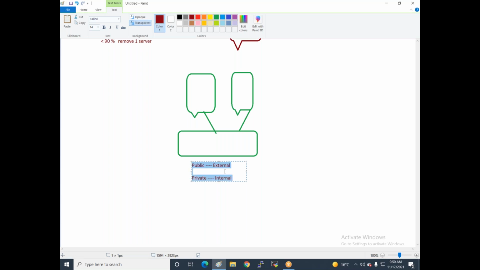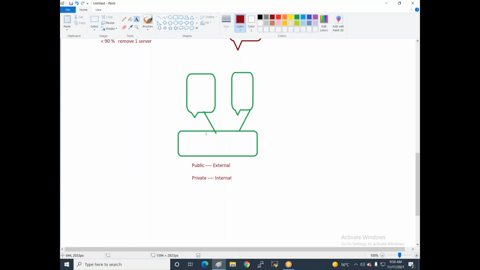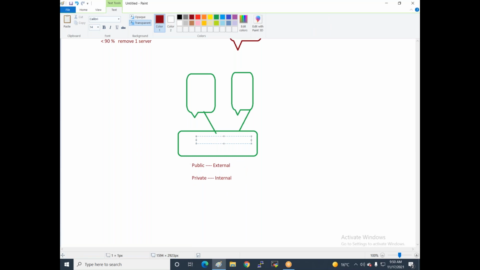The internal load balancer works within a LAN, and the public load balancer works externally, that means WAN, and the private load balancer works internally, that is a LAN.